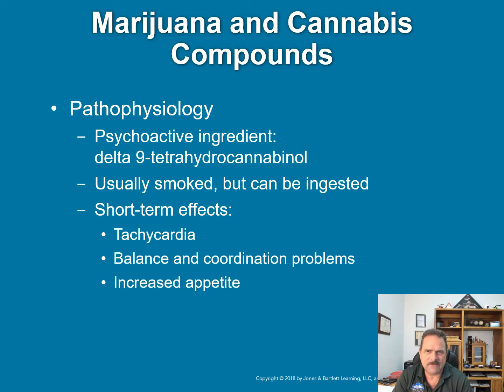Pathophysiology on this, bottom line is that its primary psychoactive ingredient is delta-9 tetrahydrocannabinol, or THC. THC binds to the cannabinoid receptors throughout the brain. Marijuana then may cause the user to have enhanced sensory perception and euphoria. These unusual effects may cause anxiety or panic as well. Common short-term effects of marijuana include tachycardia, balance and coordination problems, increased appetite, as well as conjunctival irritations. Now,